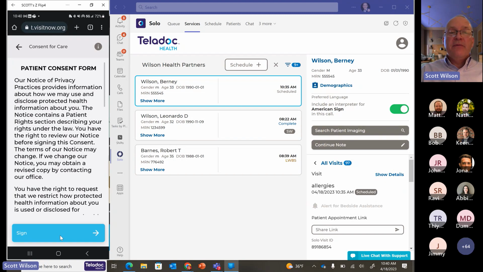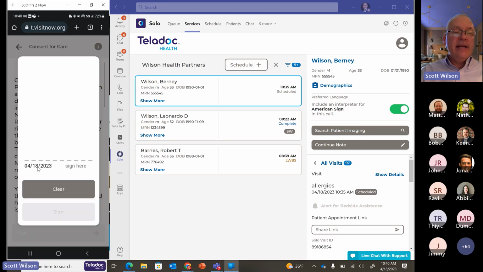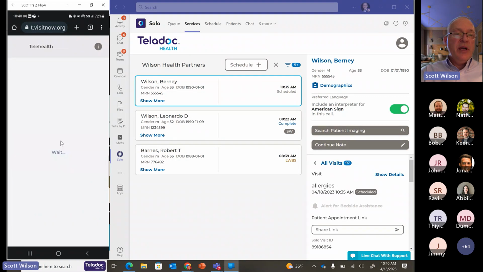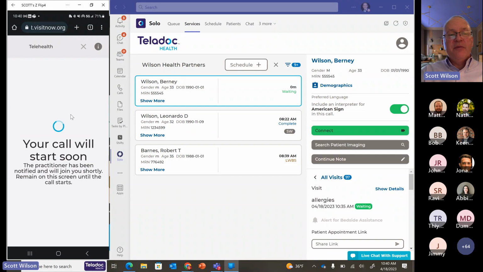I can have consent forms on here. This is completely configurable for the client. So these consent forms can say whatever it is the client needs to say. We can capture wet signatures on them. I'm going to sign that document. Yes, I am the patient. In this case, it was just asking a couple of questions there for me, and it drops me into the